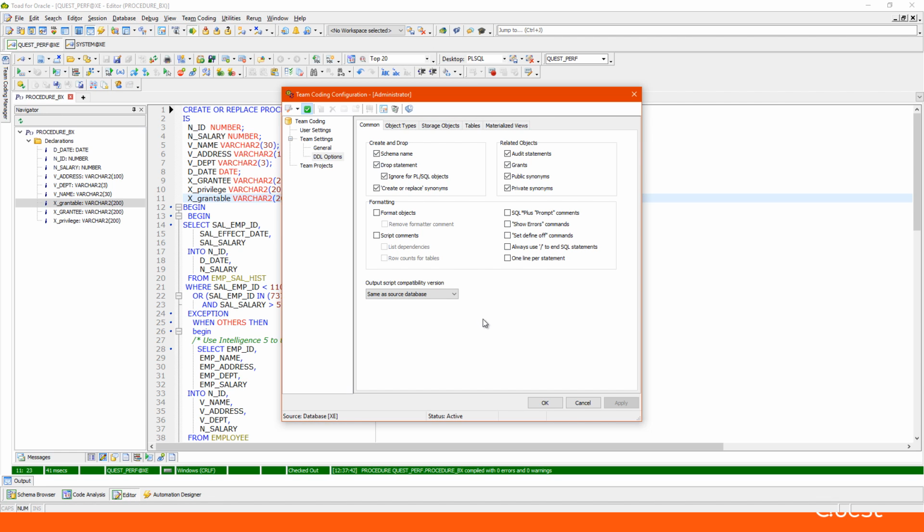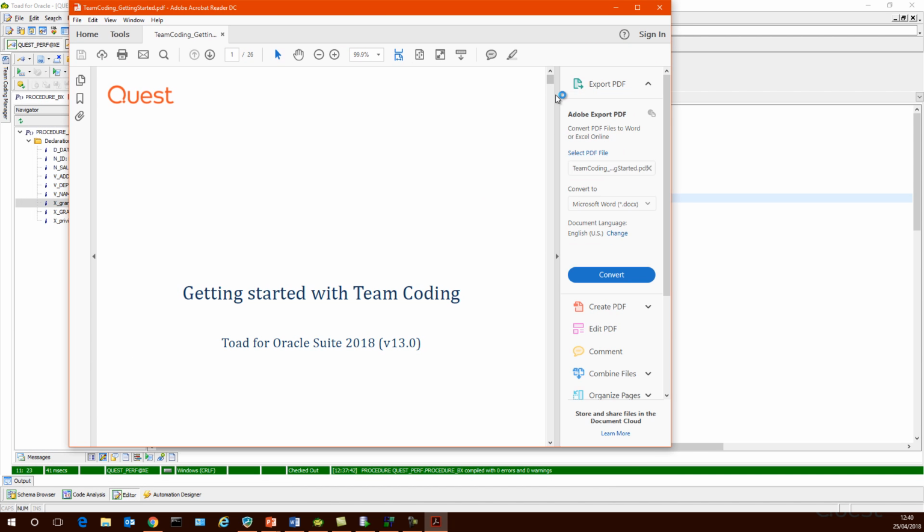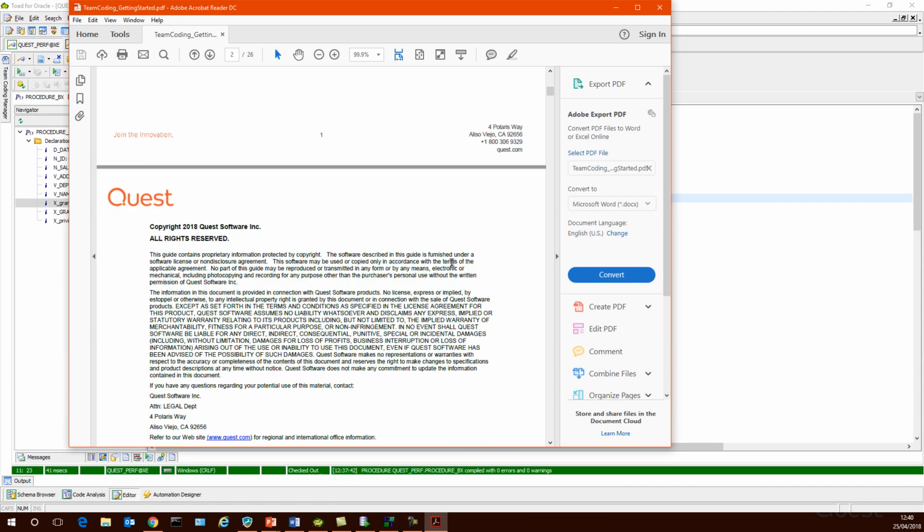One of the other things that we've added as well, because we frequently get questions about how to set up team coding, how to configure it to use a particular version control system, and there is a lot of information on our Toad World community, is a getting started guide that the developers have added, which can be accessed straight from the team coding configuration toolbar. Now, this is a brilliant document because it summarizes all the different things that you can do in team coding to get it set up,